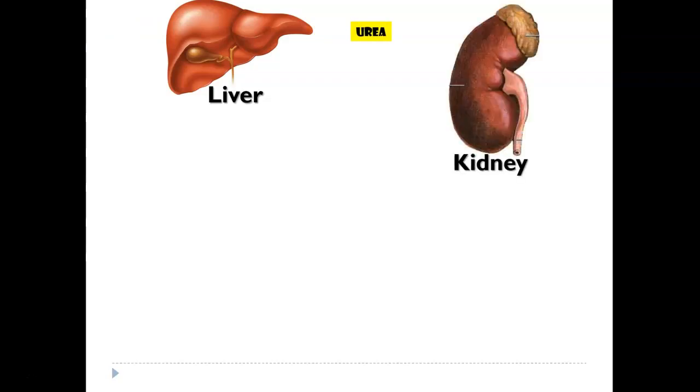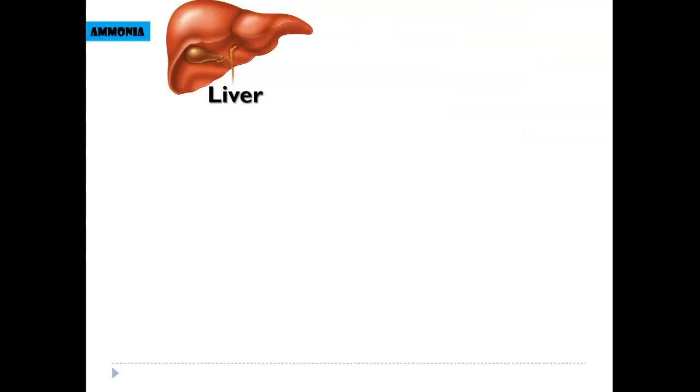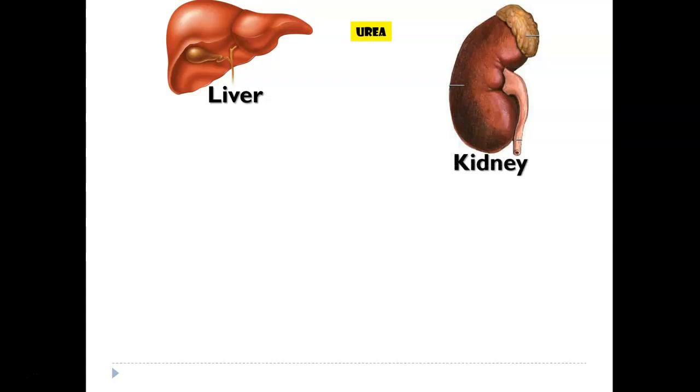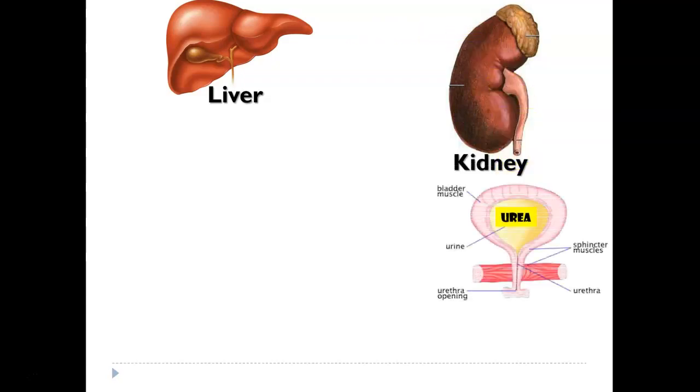And then what comes next is your kidneys. Your kidneys are an important function of your body as well in the excretory system. Your kidneys take that urea. So what happened is the ammonia goes through the liver and it filters it. It creates urea, which is a less toxic, less dangerous thing. And then your kidney takes the urea and holds it inside the bladder. The kidneys also filter other things through your blood as well. They're going to grab some other things. Your kidneys are your filter along with your liver. And then urea is stored inside your bladder.